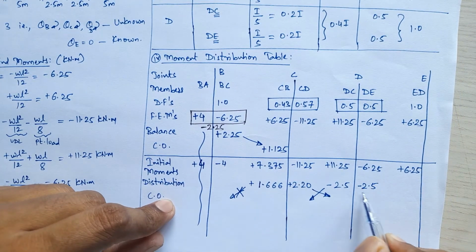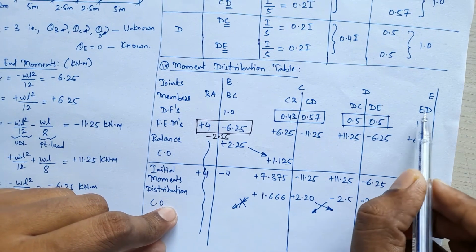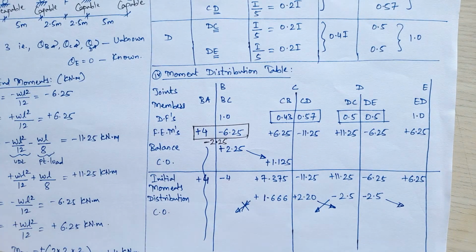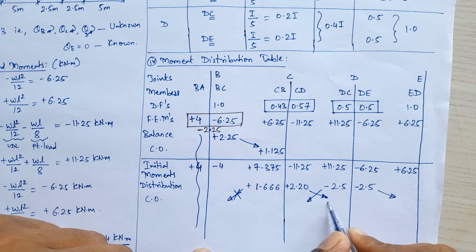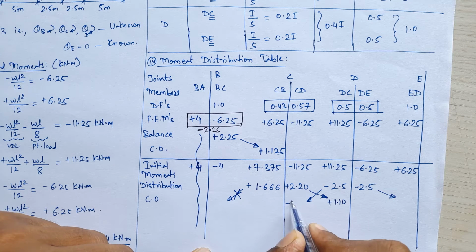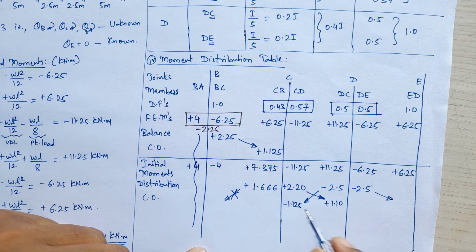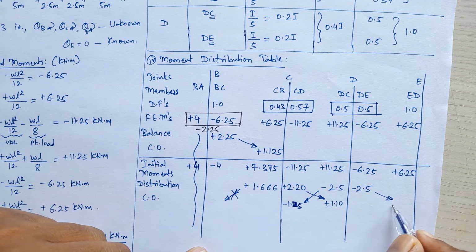Next, we will check for this moment over there. Now the TE moment will get carried over to ED. Check whether your E support is capable. Yes, it is capable, so this carryover will also be possible. But the carryover shall be how much? It is equal to 1/2 of the applied moment. So the carryover will be how much? Plus 1.10, half of this, half of 2.5, will become minus 1.125. Sorry, correct this: half of 2.5 will be 1.25, and here I will get again minus 1.25.